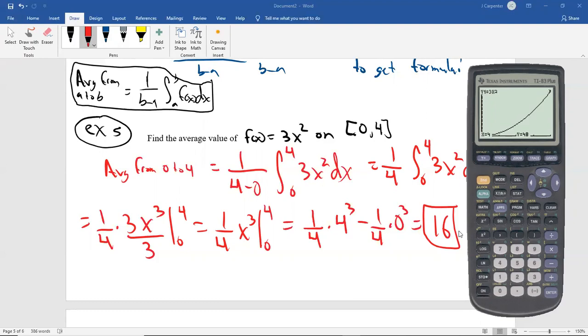Let's see what it was. It was 0 plus 3 plus 12 plus 27 plus 48. If you divide that by 5, you get 18. So if I just average those 5 points, you get 18. But this is a continuous function. We're not just including the whole numbers, we're including 1.1. So, what is it at 1.1? It's 3.63, so you'd have to add that and divide by 6. So what is going on at